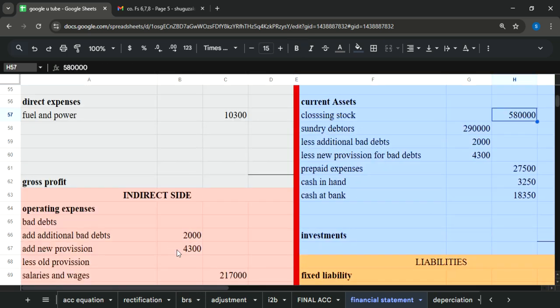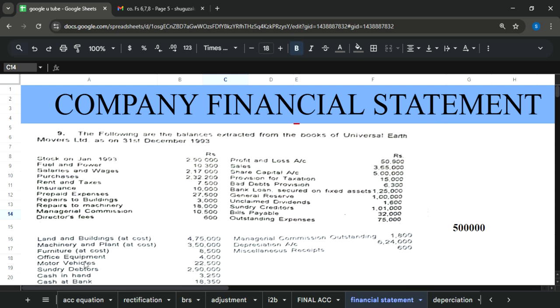And here we have already written 6,300. Already its place was reserved, 6,300 old provision. So guys,